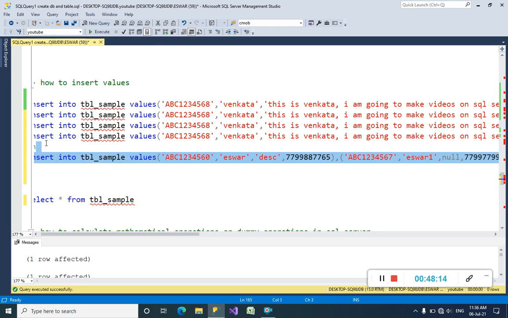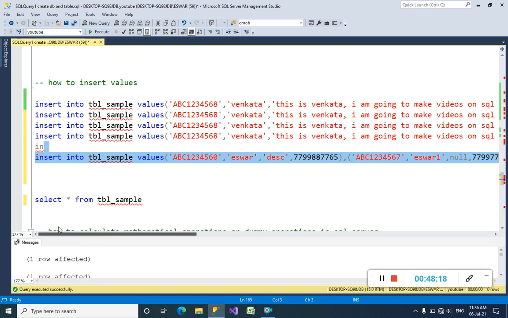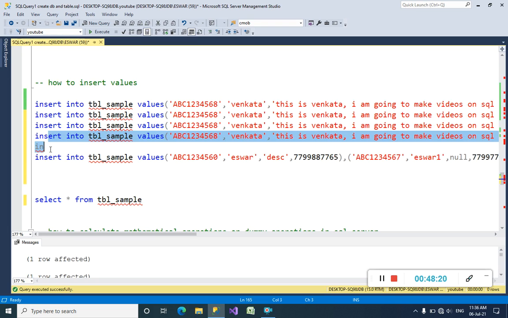Previously we selected 5 records at a time and inserted all those records, and it showed one row affected, one row affected.